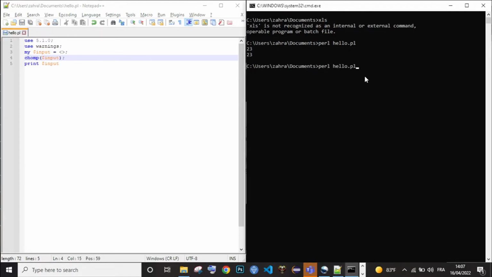Once I run it, I enter 23. It's going to be just right next to it. This chomp function basically removes the trailing newline.